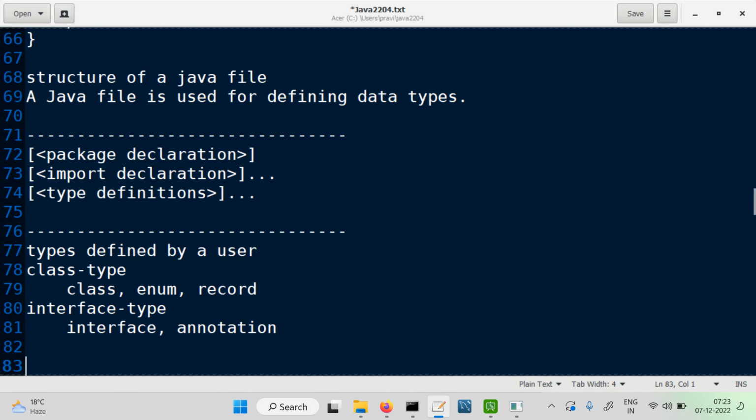So when we compile a Java file, what will be generated? A new data type is created. The output of compilation is Java bytecode. So there is a Java bytecode for each and every data type which a user is defining. So whenever a user defines a data type and when we compile a Java file,